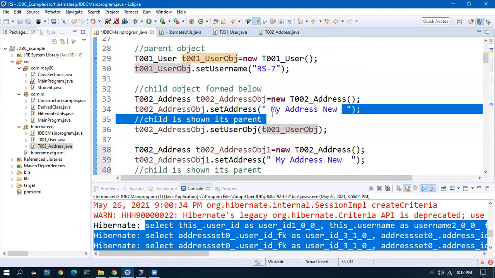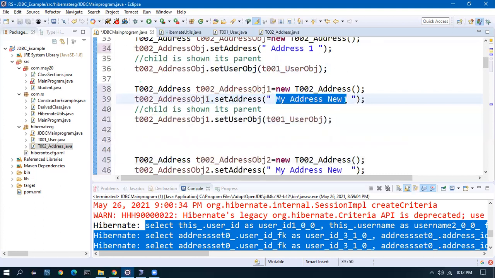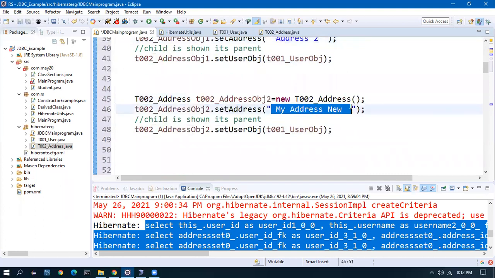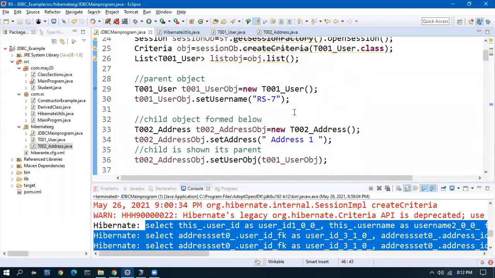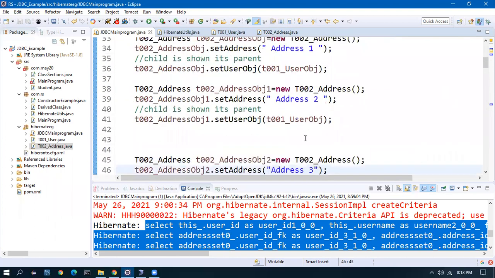Now this is address 1. Let this be address 2. And this will be address 3. So now technically what we are doing, we have one parent object, the user object, and for one user object we are having 3 addresses.